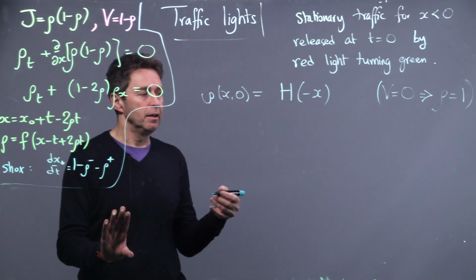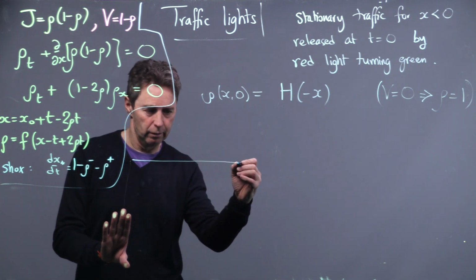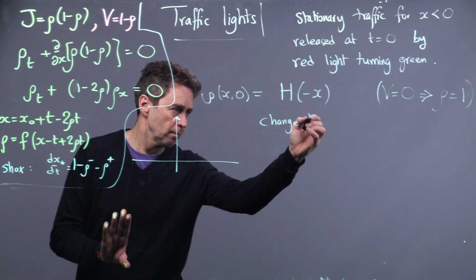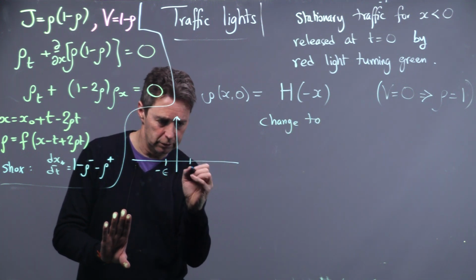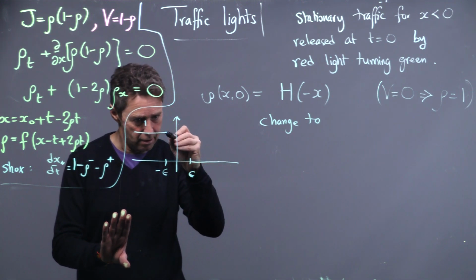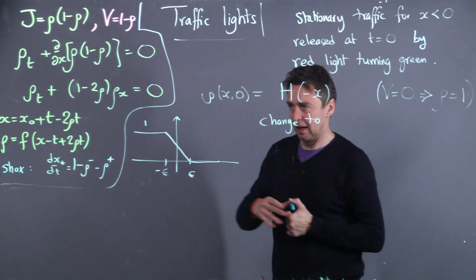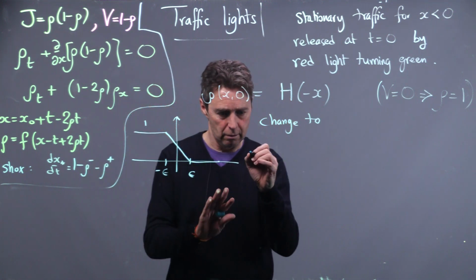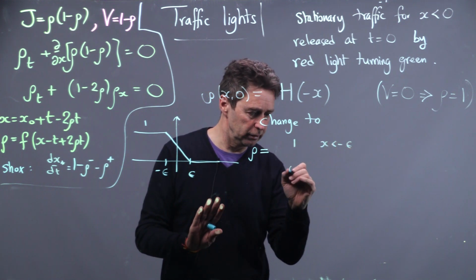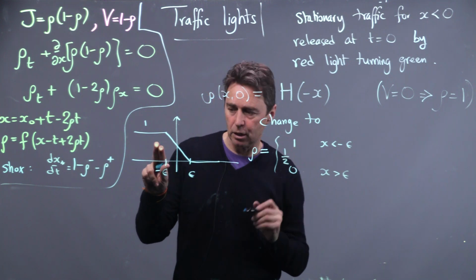So let's just try and elaborate on that by avoiding the step. Let's avoid that by smoothing it out a little bit. So let's change this. We'll go from minus epsilon to plus epsilon, and we'll put 1 here, we'll put 0 there, and then we'll have a little bit of a ramp again. Ramps are easy to deal with because we can get nice analytical solutions of this particular problem. So rho in this particular case is going to be 1 if x is less than minus epsilon. It's going to be 0 if x is bigger than epsilon. And then we'll just put something in here. So it's going to be 1/2